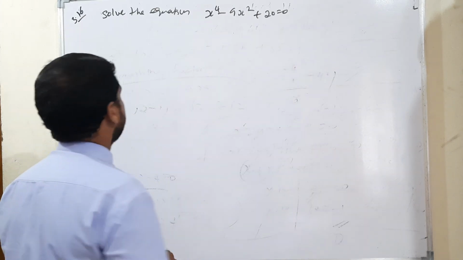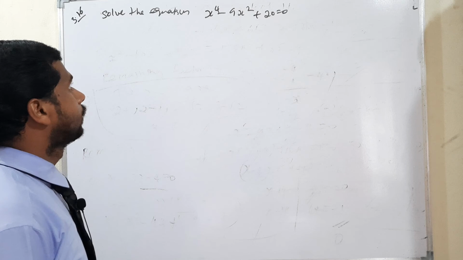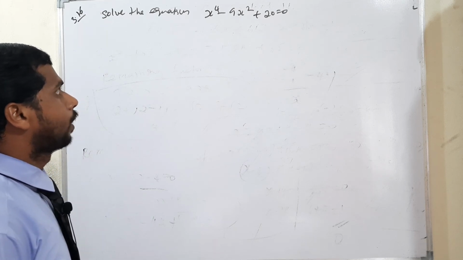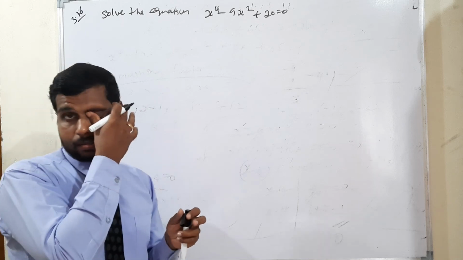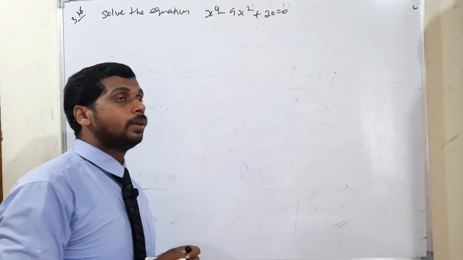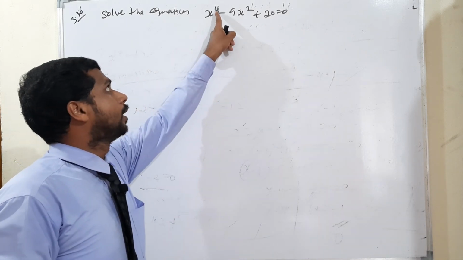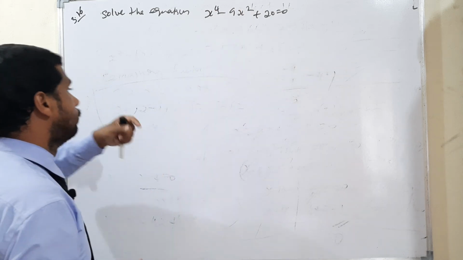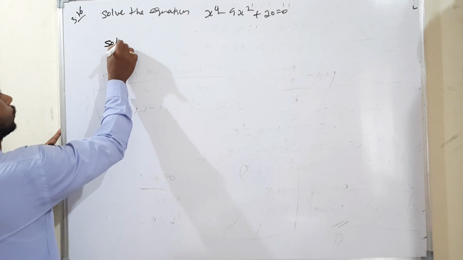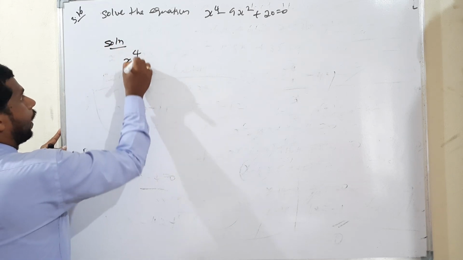So, the last question in this session. Solve the equation x to the power 4 minus 9x square plus 20 is equal to 0. Easy concept. Okay, the highest power of the variable is an even number, look at there, 4, true. Everything is an even number. 4 and 2 even numbers means simple. You can consider the solution. I would like to rewrite the question.